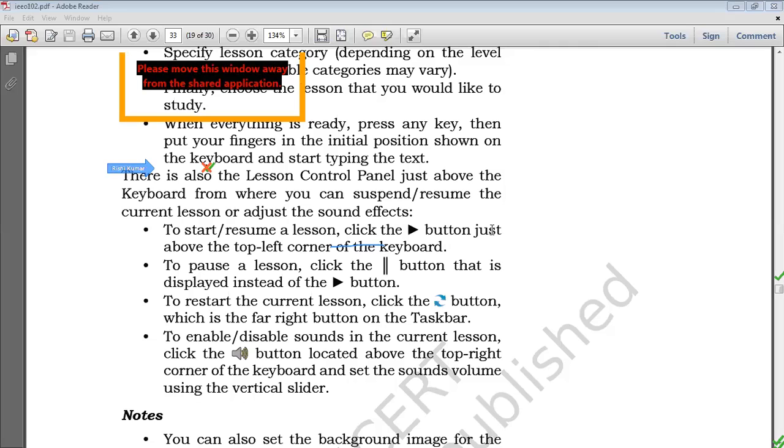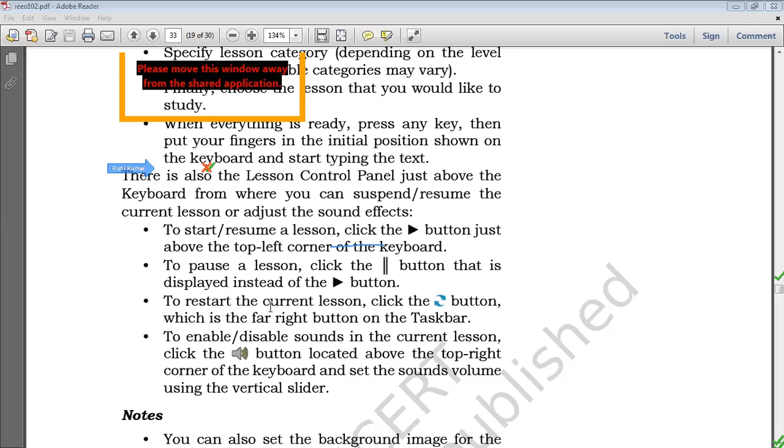Okay. To start or resume the lesson, click on this symbol. This is the black arrow button, just at the top left corner of the keyboard. You can start and resume typing using this symbol. To pause the lesson, click on the double vertical parallel lines, which are displayed instead of this button.